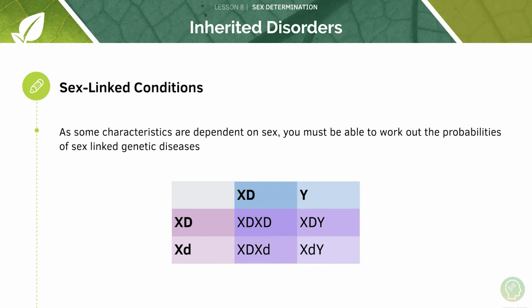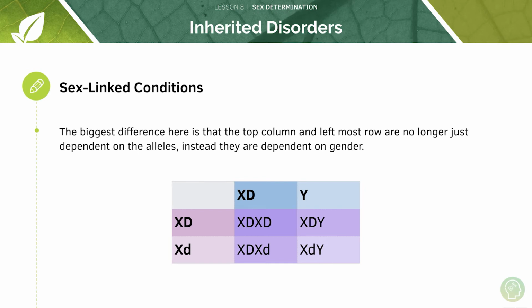So you can do this again using a Punnett square. The biggest difference here is that the top row and leftmost column, so this highlighted one here, are no longer just dependent on the alleles. Instead, they are also dependent on the gender. So here we can see that we have a homozygous dominant male crossed with a heterozygous female. So we know this male is homozygous dominant because